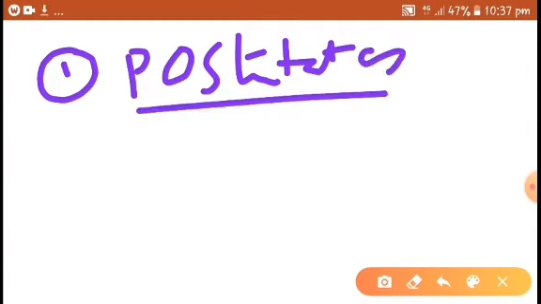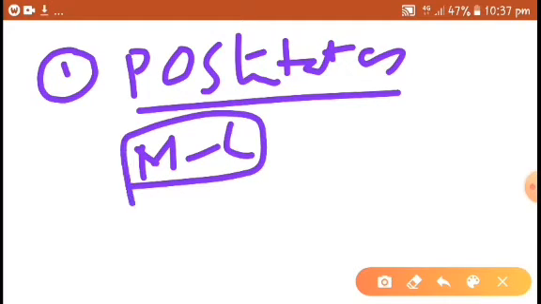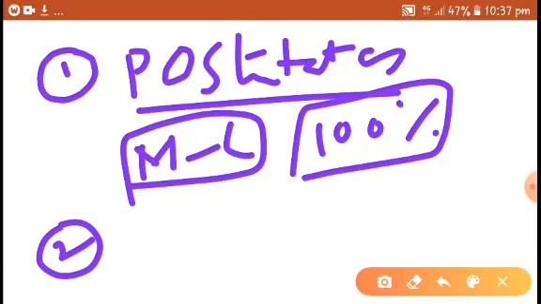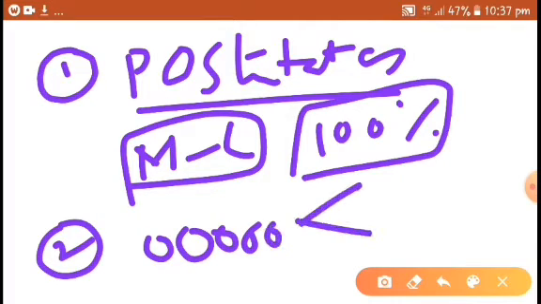Postulates. The interaction between metal ion and ligand is considered 100% ionic bonding. The ligands create an electric field which increases the energy of the d orbitals of the metal ion, and they split the d orbitals into t2g and eg. If ligands approach the metal ion along the axis, eg orbital energy will be increased.